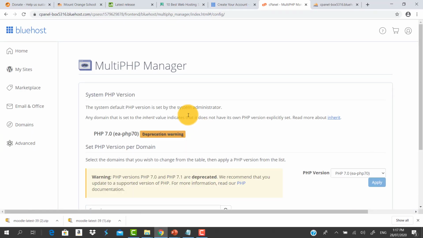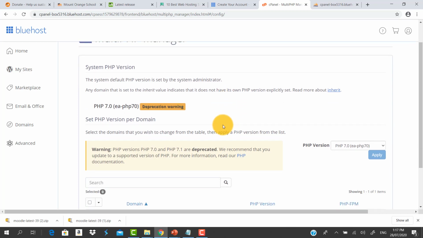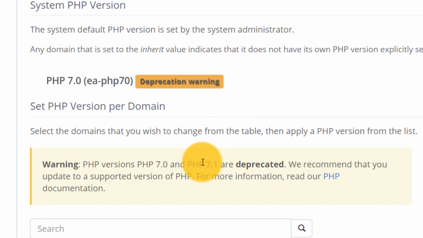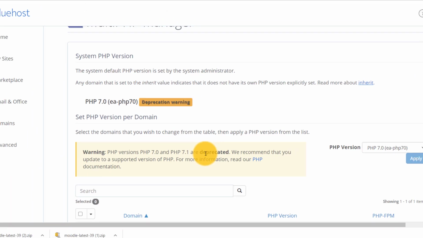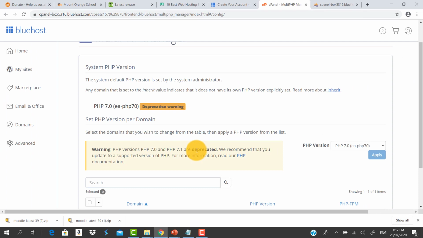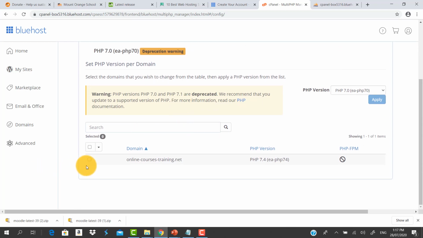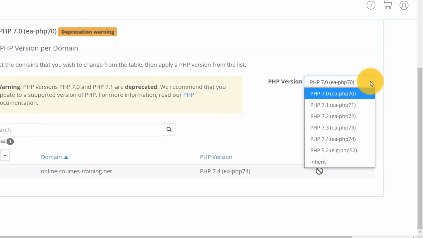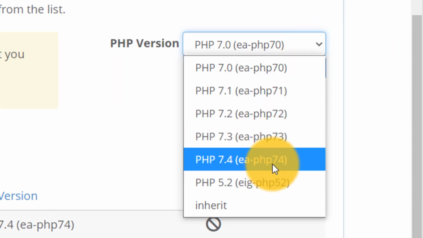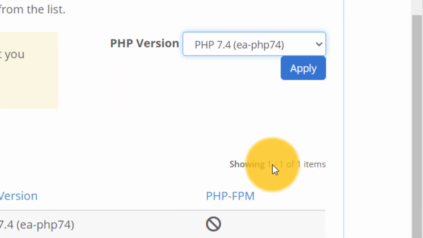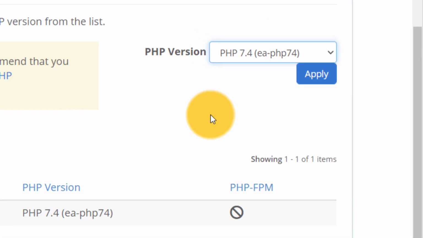This brings up a page that gives you information about the PHP version on this server. Already, there is information here that PHP versions 7.0 and 7.1 are deprecated. They are no longer going to be used. So if that is what is in your server, you have to upgrade it. And the good thing is it's easy to upgrade. This is my site, so I click on it and I select the PHP version I want. It's best to select the highest one. So if I had a lower version of PHP, I just need to select it and then apply,